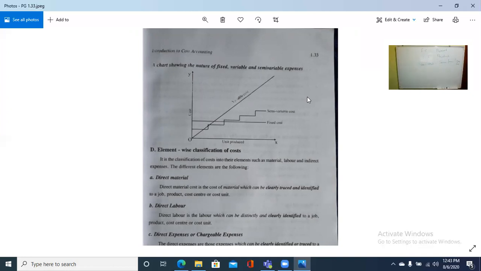As per the variability. So firstly traceability,